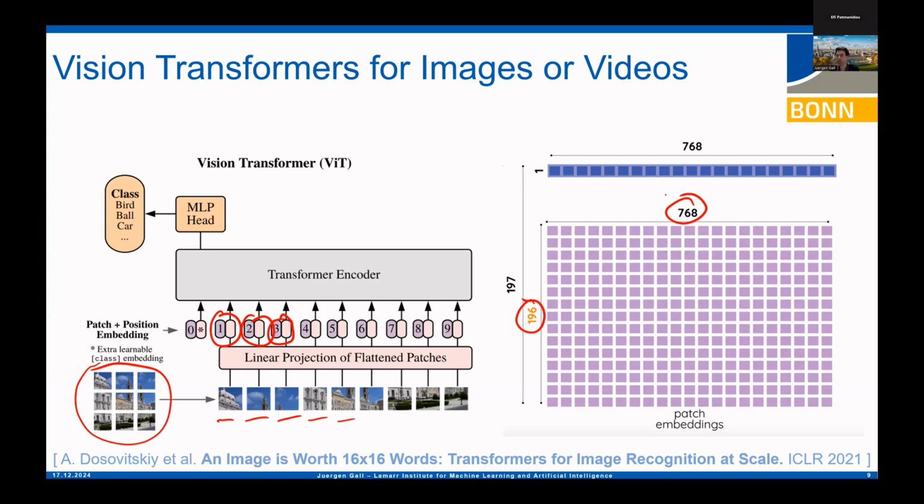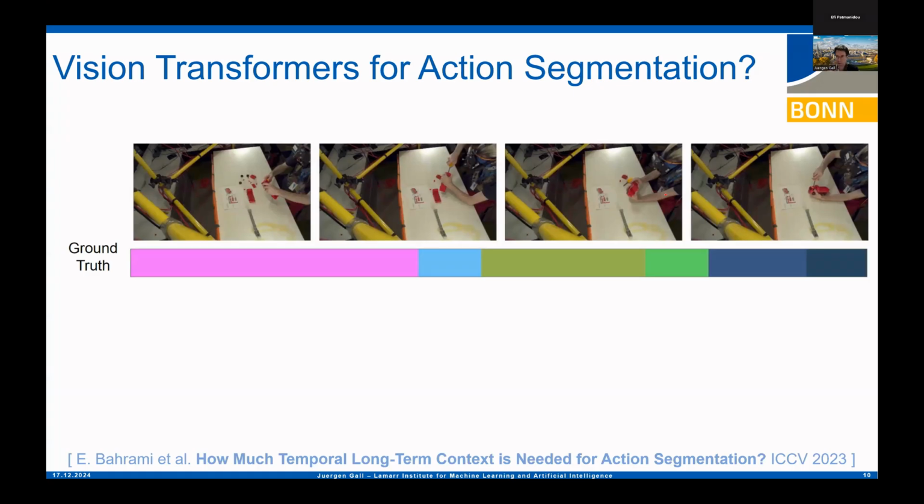In our case, we talk about video, so the tokens correspond to the different frames, and for each of the frames, we learn a so-called representation. Now the question we ask is: if you want to analyze a video, let's say 30 minutes, do we need to model the context of the entire video? Because in a transformer architecture, you compute the attention between the tokens. So if you want a prediction at this part, do we need to know the relation to what's happening at the beginning and at the end of the video? Or is it enough to just look at a small part of the video to make a correct prediction?